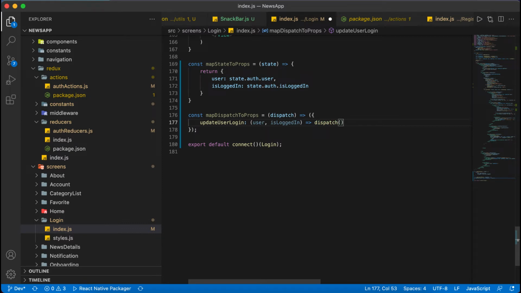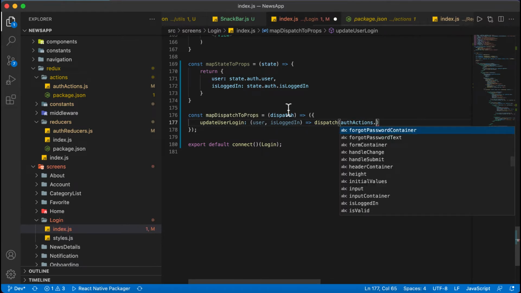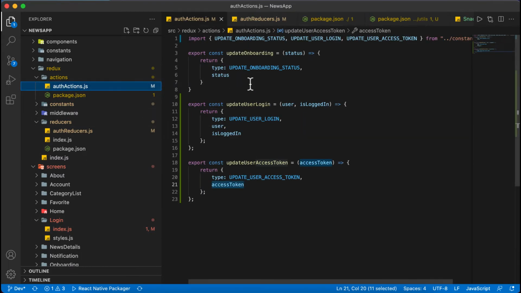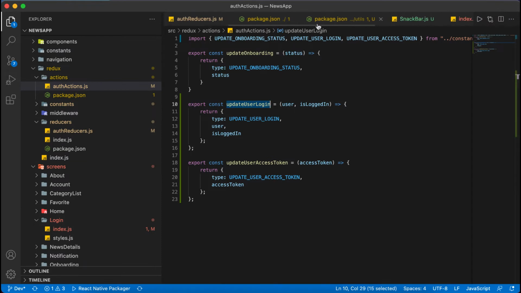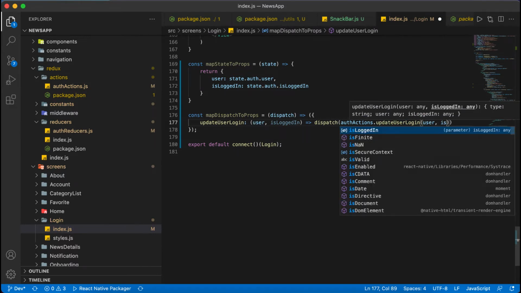So here we need to put dispatch, and it will dispatch the auth actions. Inside auth actions there is the function, I need to check what the function was. This one, updateUserLogin, it will call, and it will also take the user object and the isLoggedIn status. So inside login we need to put this function, and put the user and isLoggedIn. Okay,